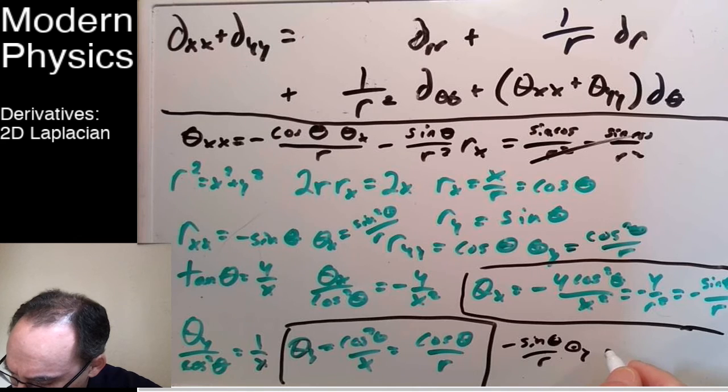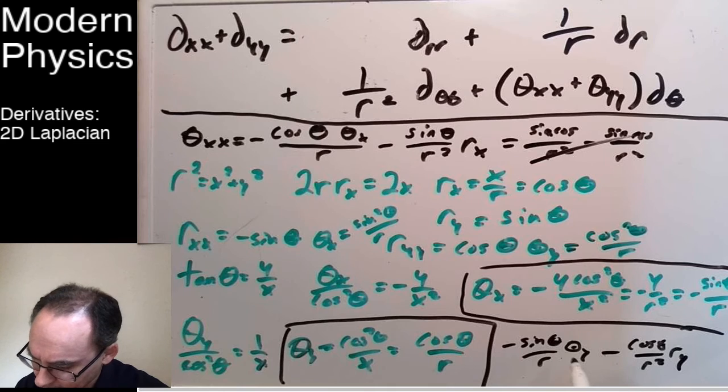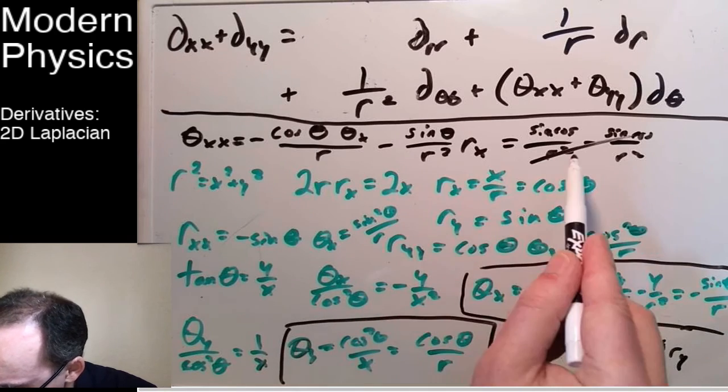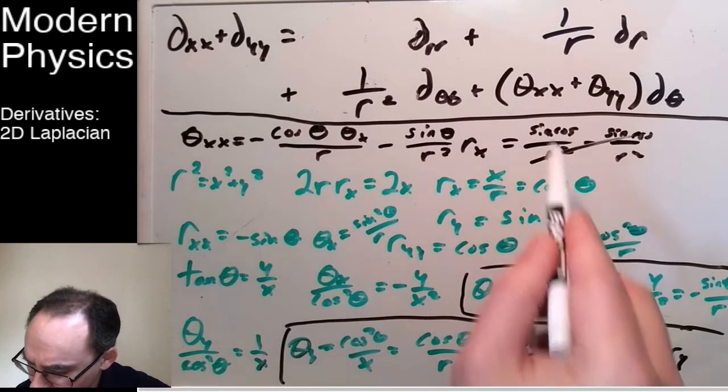And then the second term is minus cosine theta over r squared, r sub y. And again, we know what this is. This is going to give me a minus sine cosine over r squared. This is going to give me a minus sine cosine over r squared. So that's actually minus 2 cosine. I think I messed up one of the signs here. These aren't supposed to cancel individually, but